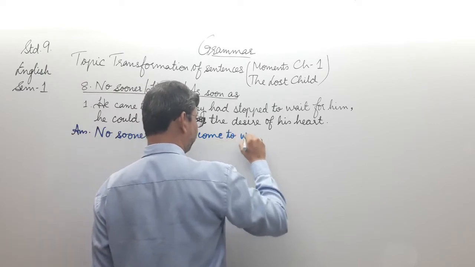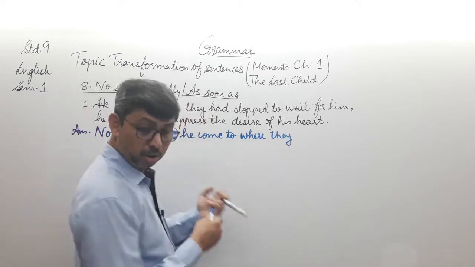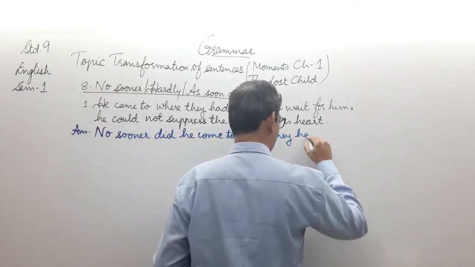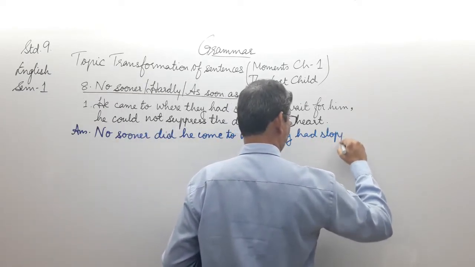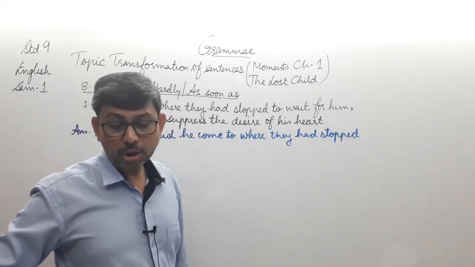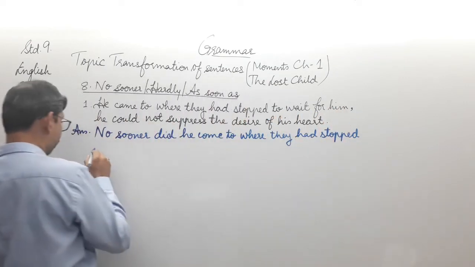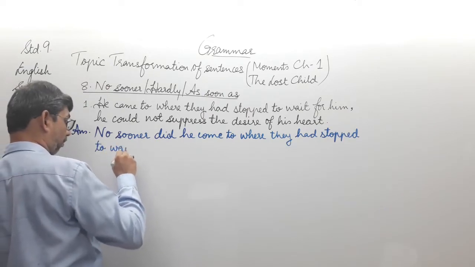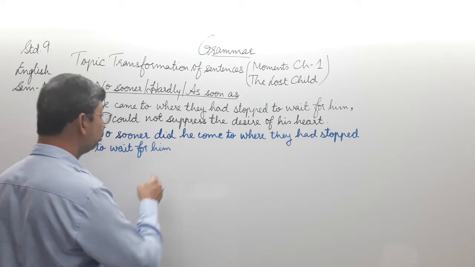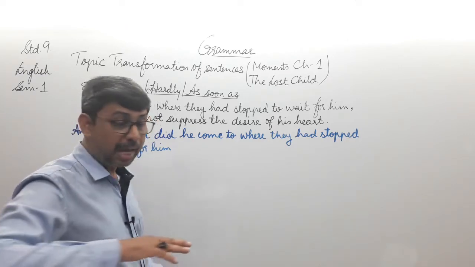To where they, no sooner did he come to where they had stopped. They had stopped. To wait for him. Yeah, we have the words to wait for him. So no sooner did he come to where they had stopped to wait for him than, so the comma will